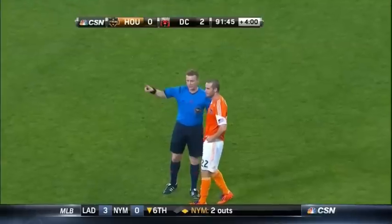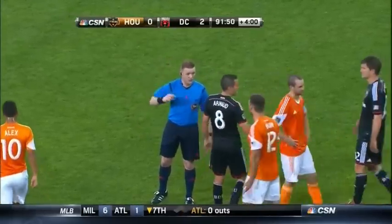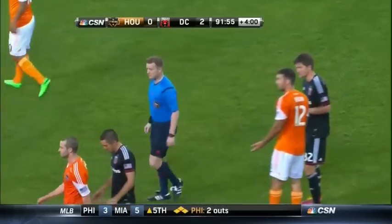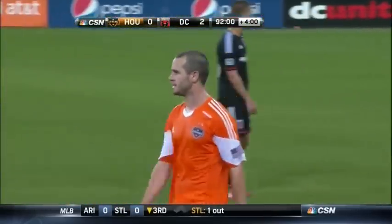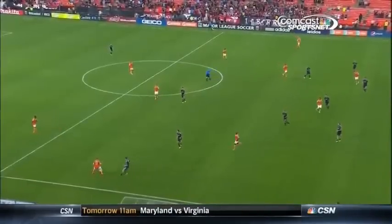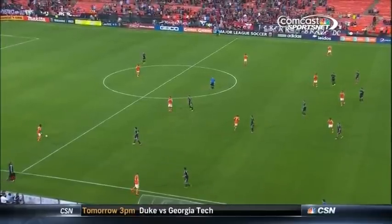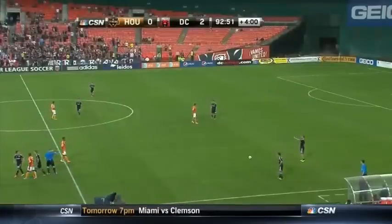And a red card is given to Brian Omby. And the assistant referee saw something, and I must admit, Santino, I didn't quite catch it. Dave, I'm with you. I didn't see it either, but obviously the 4th official has seen something that's a red card offense. So the assistant referee must have seen something. Now this is... Omby takes a swing. Yeah, you can't swing at a guy. All right. So the assistant referee right away...